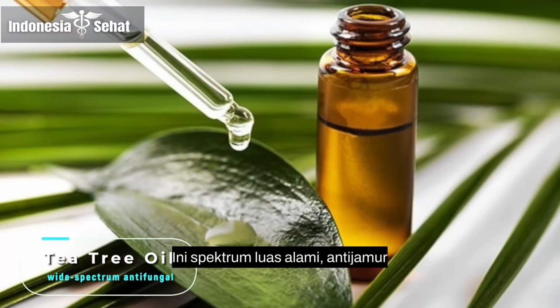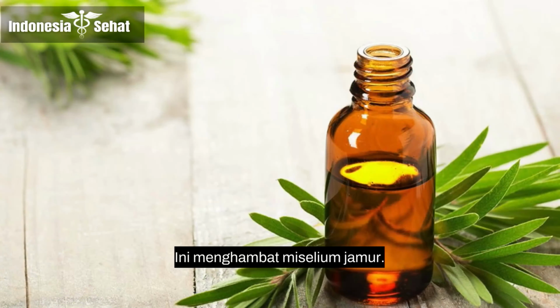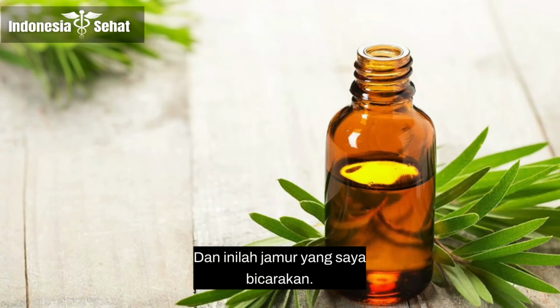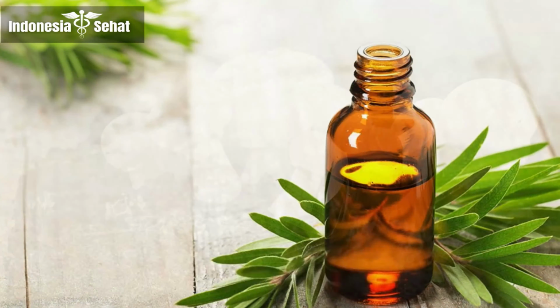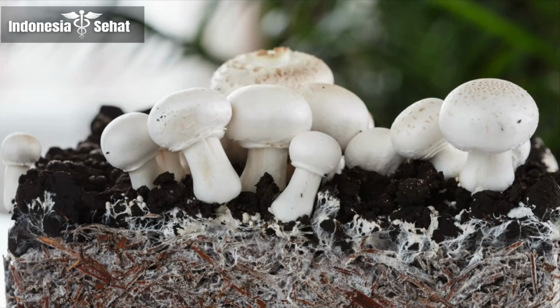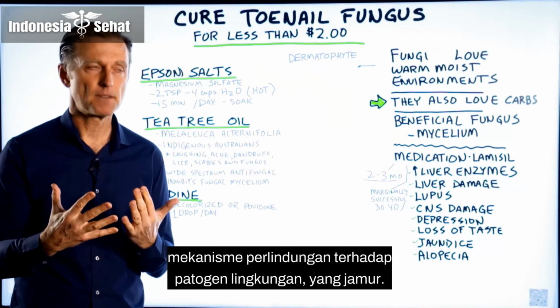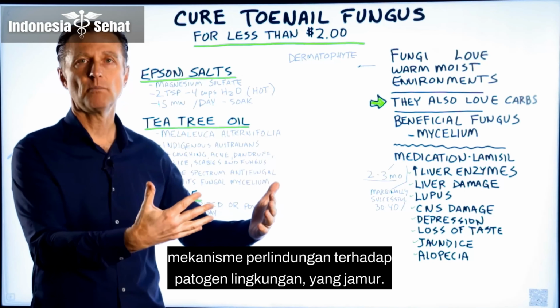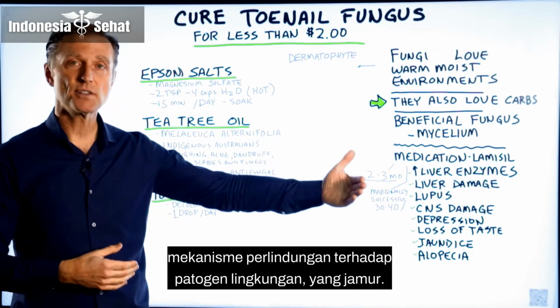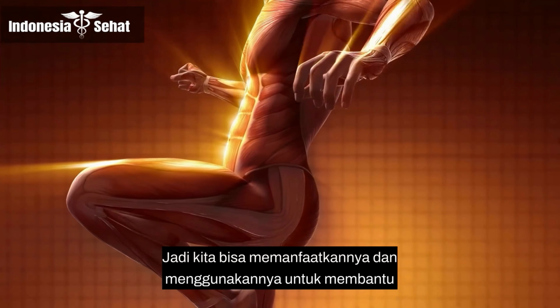It's a natural wide-spectrum antifungal compound. It inhibits fungal mycelium, and this is that fungus I talked about. I mean, the interesting thing about a lot of these natural remedies, like even tea tree oil, is that it's developed these unique protective mechanisms against environmental pathogens, which are funguses, it could be viruses and bacteria. And so we can tap into that and use that